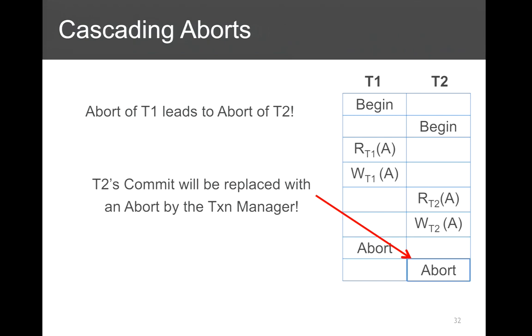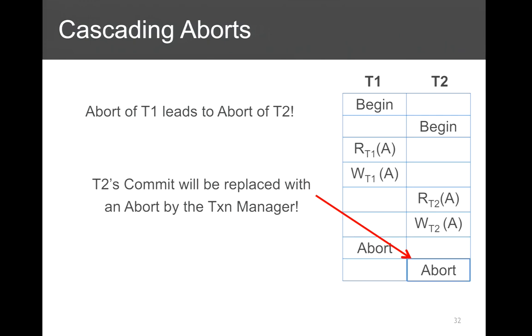Well, in this example, you have only two. You might have more transactions, so you'll have to worry about the interactions between all of them. Always, like, if it affects another transaction, just abort that? Yep. So this is called cascading aborts, because now T1's abort causes T2 to abort, and that could cause another